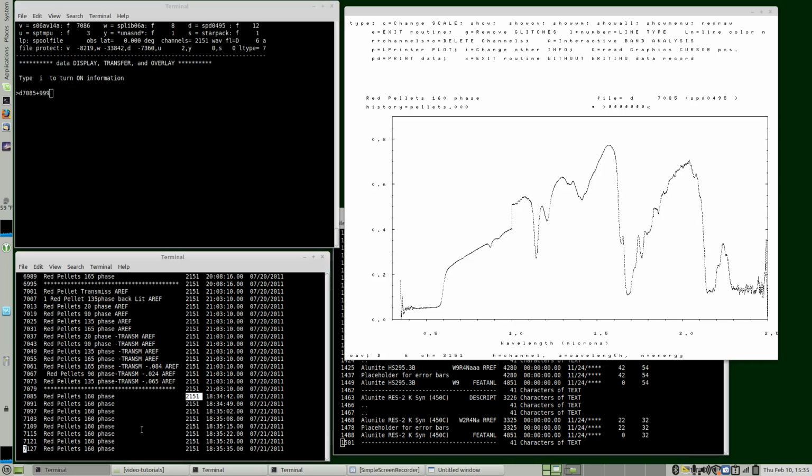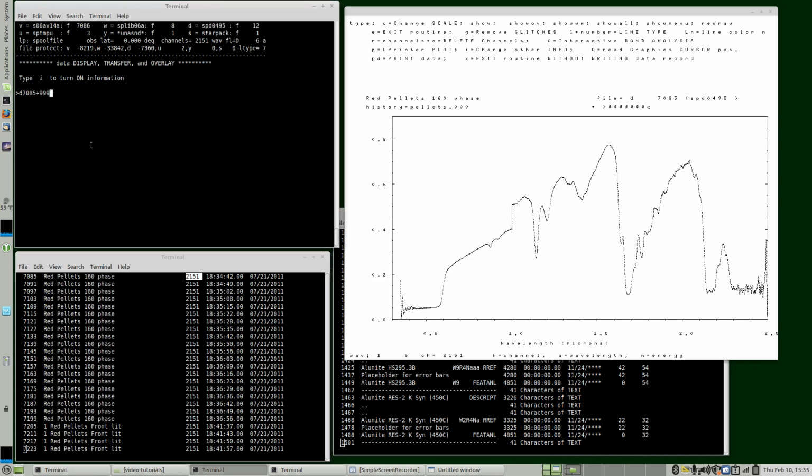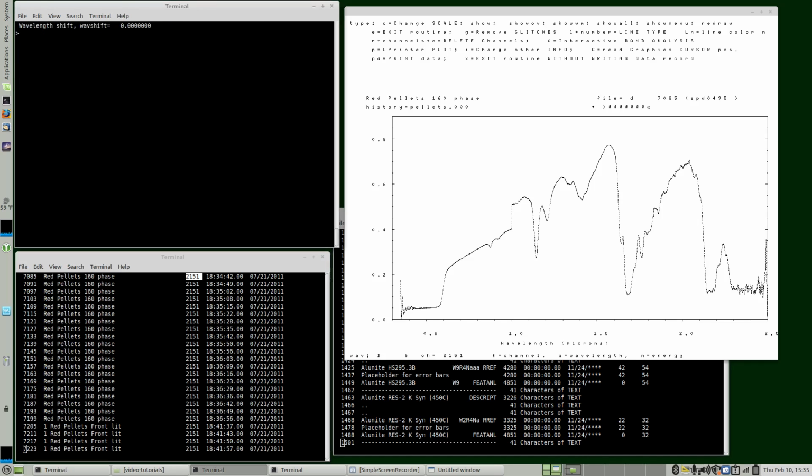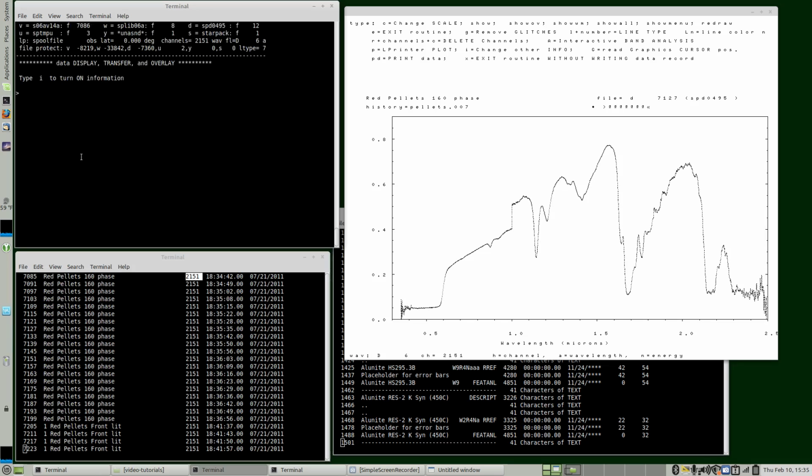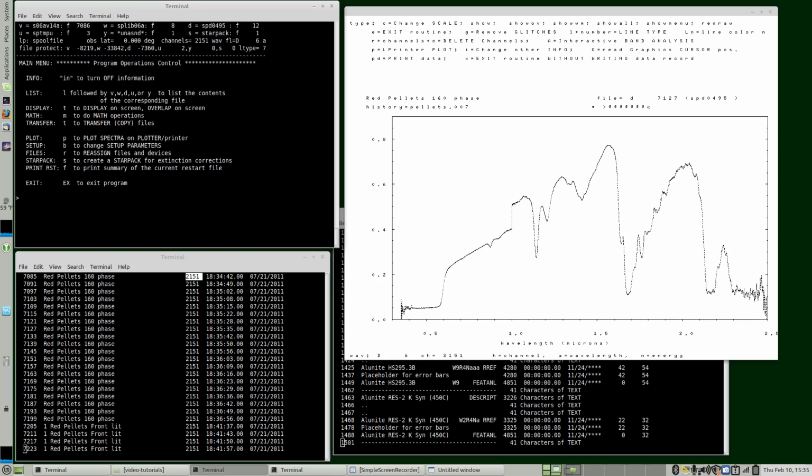So 999 will not get us 999 spectra. It'll get us 999 divided by 6, which is more than we need, because then it's going to transition to a different measurement. So let's just do this. So that's 1. We type E, and it shows the next. I'm typing E return, E return, E return. It's tedious. Another way to do that,